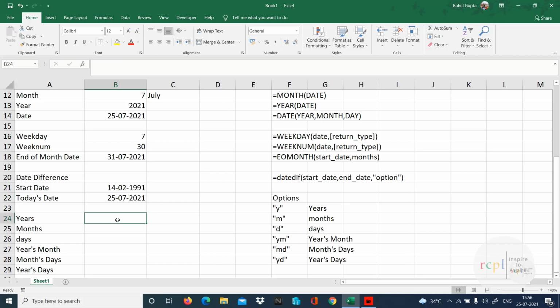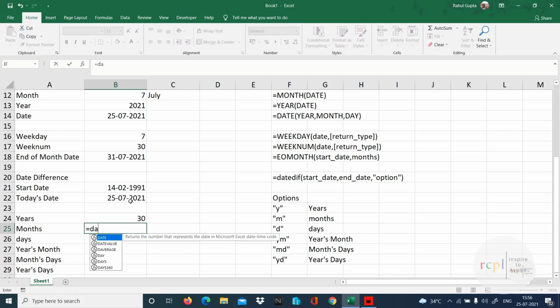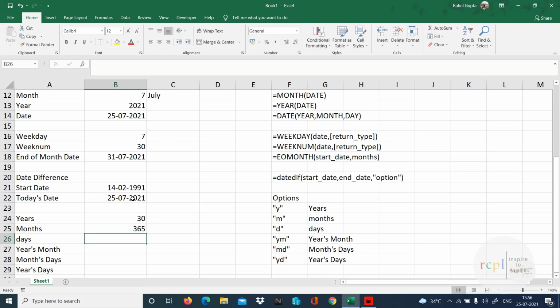So let's get this. is equal to date diff, start, comma today's, comma within double quotes y. 30 years. So the age of that person is 30 years. Is equal to date diff, start date, today's date, and m. 365 months. In total, 365 months maximum.